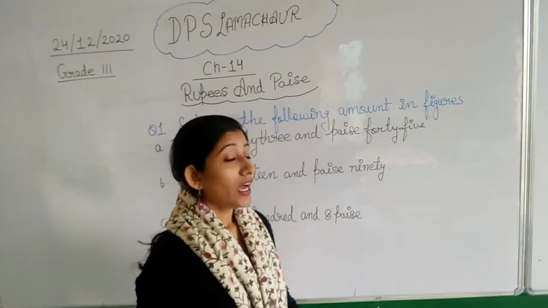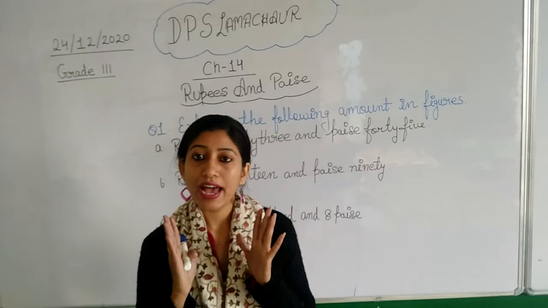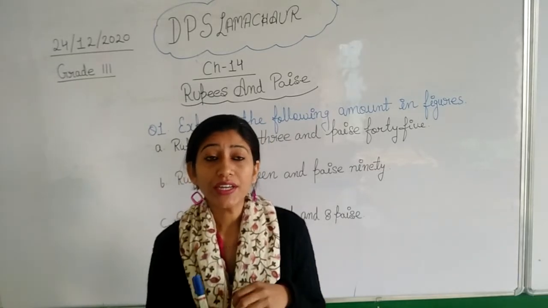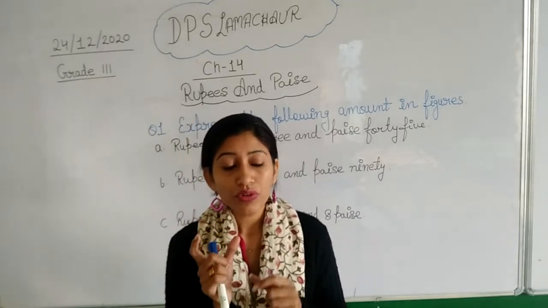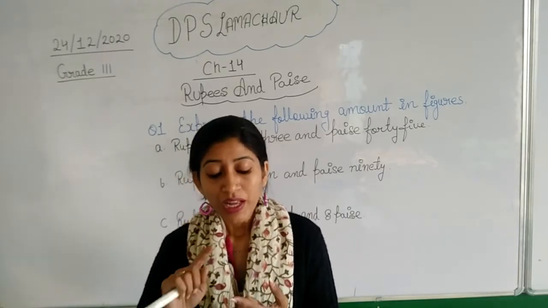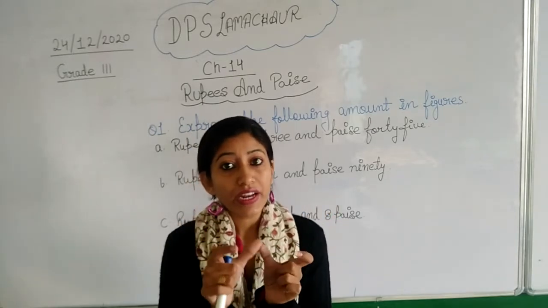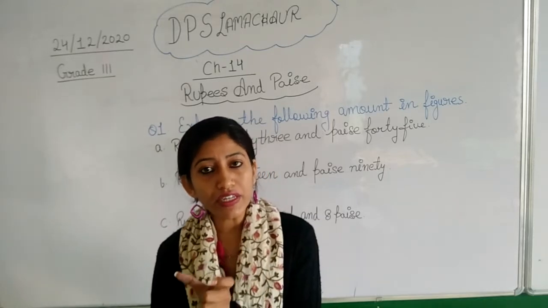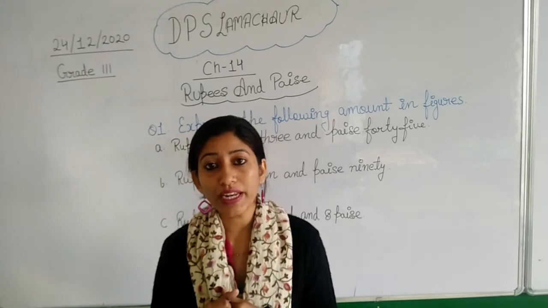See beta. First you have to understand the meaning of words and figures. As you all know, you all have done number system. You all have done what we call number names, right? When you solve number names, there are two types of questions. What are they? First it is used to say, write the given number in words. What does it say? Write the given number in words. What did we used to do in that question?